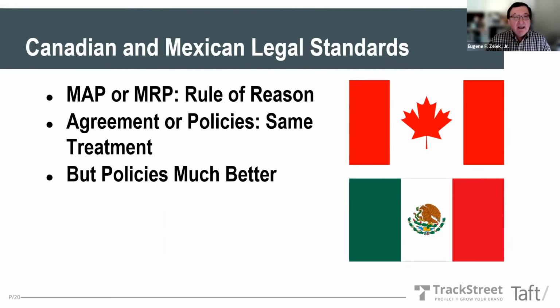By the way, North America is really kind of an outlier. Many of you are undoubtedly aware that in most places in the world, trying to do anything with resale price, whether even MAP or MRP, is illegal on its face. So North America is really an outlier. Most of the work that we do is in Canada and the US for obvious reasons. Next.